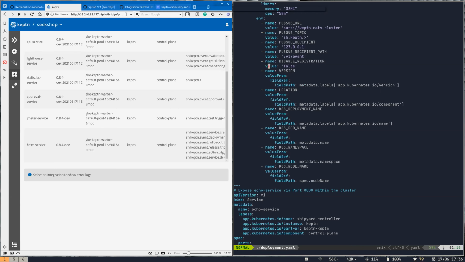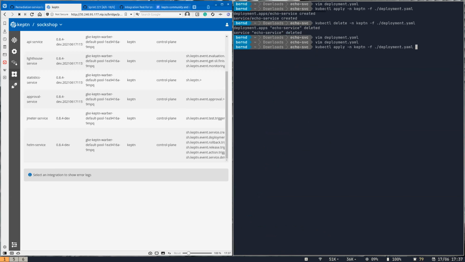For whatever reason, you can just opt out of this feature by setting it to true. If you set this one to true, nothing should happen. The default is false. If you do not provide it, it's also false. So it's really just a feature to opt out. If I just put true here, then apply this thing,